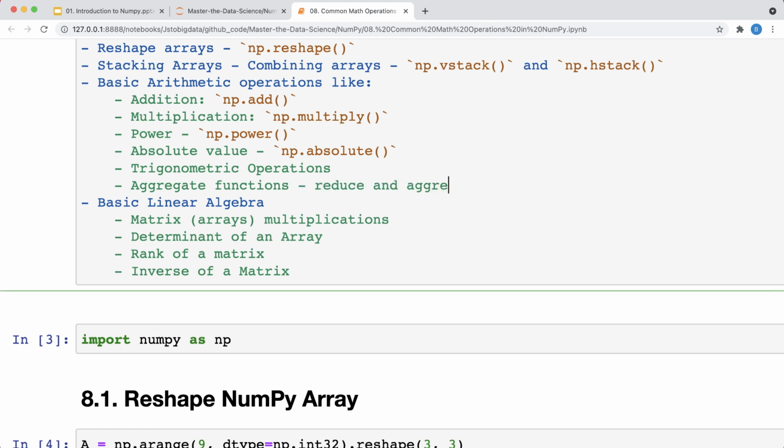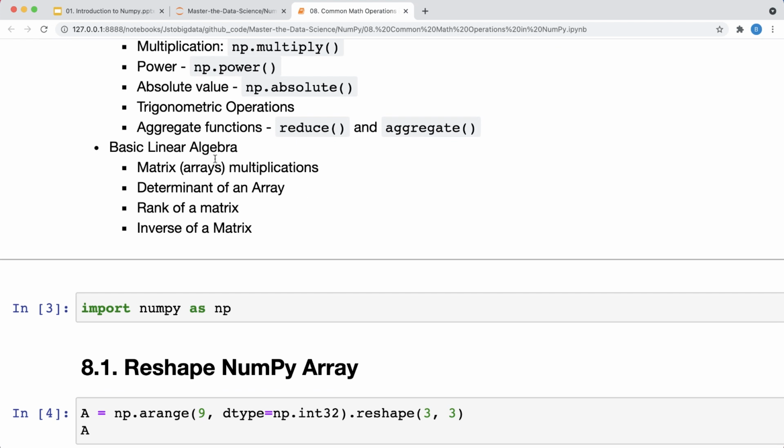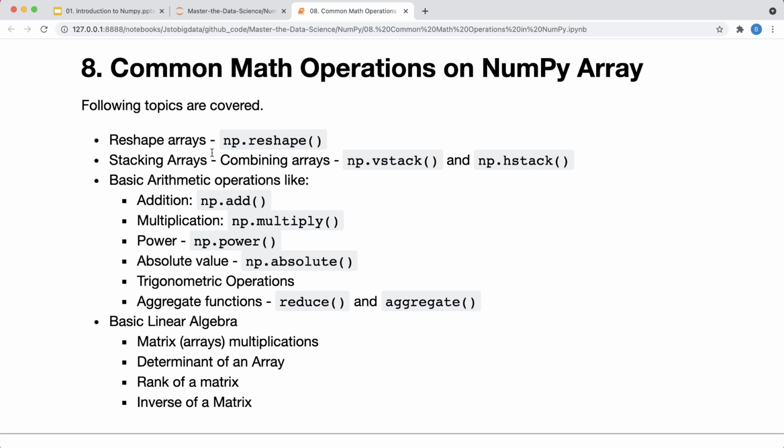This is very useful sometimes to do certain calculations. And then we have also seen the basic algebraic operations on matrix that are possible, matrix multiplications, dot products, finding the determinant, rank of a matrix, inverse of a matrix, and so on. So I hope so far things are clear to you, and let's move on quickly to the next topic.